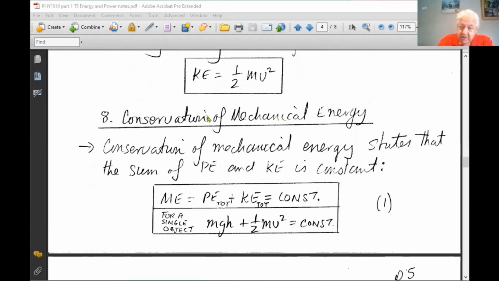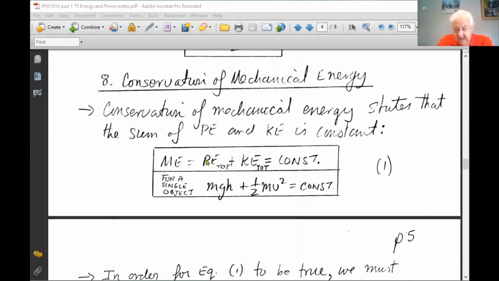Here we're focused purely on mechanical energy, which is either potential energy or kinetic energy. The potential energy may be due to many bodies, not just a single body. Similarly with kinetic energy, it may be due to many bodies. So you're looking at the entire system. When you look at the entire system, the total energy in that system is conserved. So the mechanical energy, which is equal to the total potential energy plus the total kinetic energy, is equal to